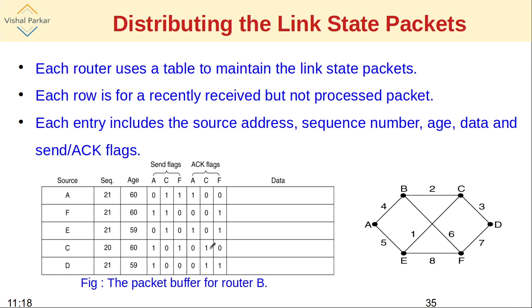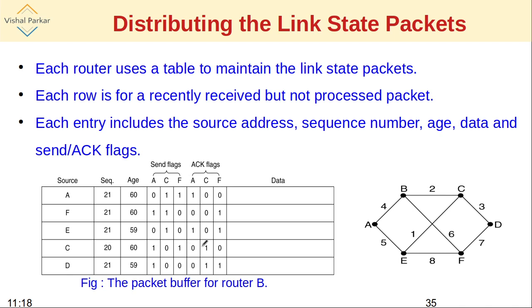Now imagine the scenario when a particular packet is received and a copy of the packet is coming through F. So the packet is received from C as well as through F. So it has to only send that packet to A, not to C and not to F. Correspondingly, in this scenario, where the packet was received from C and the copy was received from F, the send flags will change, so it only has to send to A. That's why this will be 1, this will be 0, and it is already received from C as well as from F. That's why this will be 0 now.